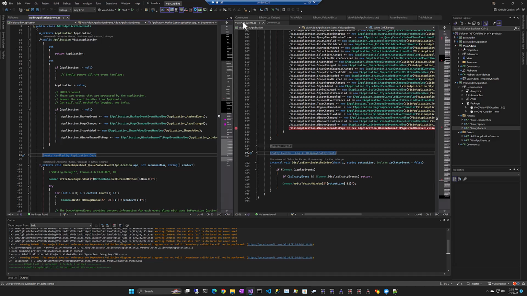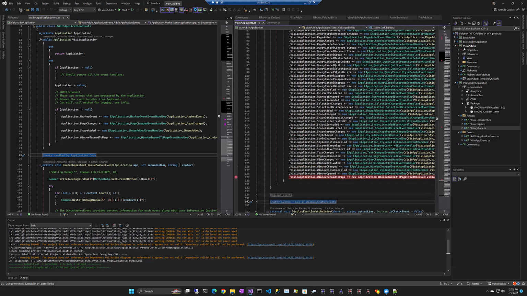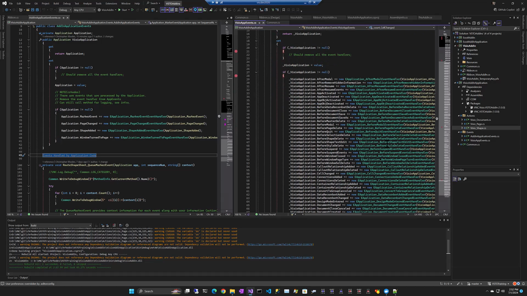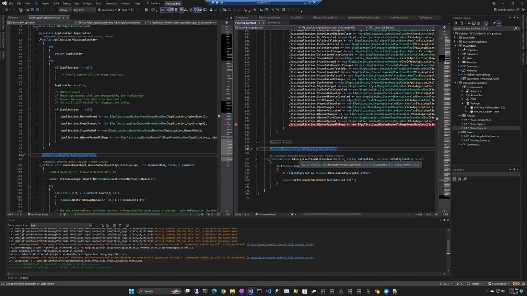So one change is VSTO app events, which is really the thing that keeps track of our events being fired by the application. I've modified that to where all it does is just display the event in the watch window if display events is set in the UI. I've added a new class called AddIn application events, and these are the events that the VSTO add-in specifically handles to do different things, whether it's the marker event, the QMarker event handler, or the handlers for the page or shape changed or move into a new window to zoom in and